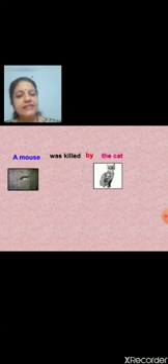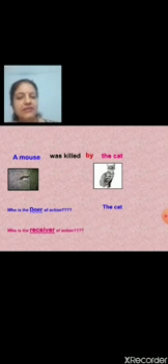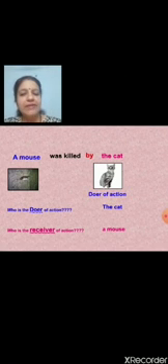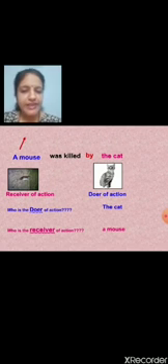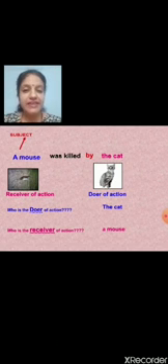Now, in this again tell me, who is the doer of the action? The cat. Who is the receiver of the action? A mouse. Right? You have given me the correct answers. Now, tell me in this example, a mouse is the subject. Is the mouse doing the action here or receiving? The mouse is the receiver of the action, but a mouse is the subject here.